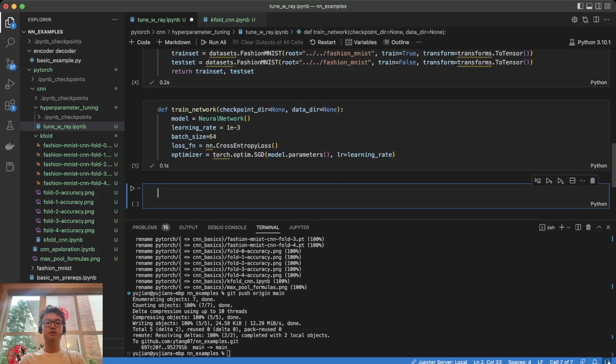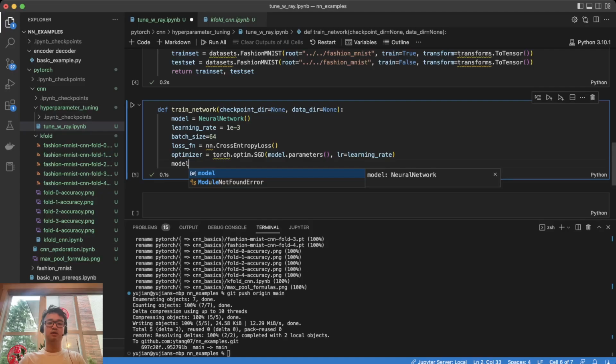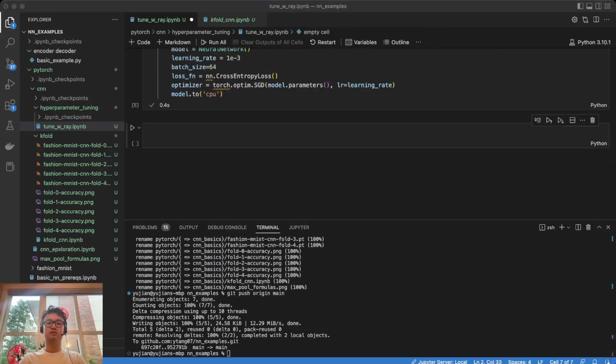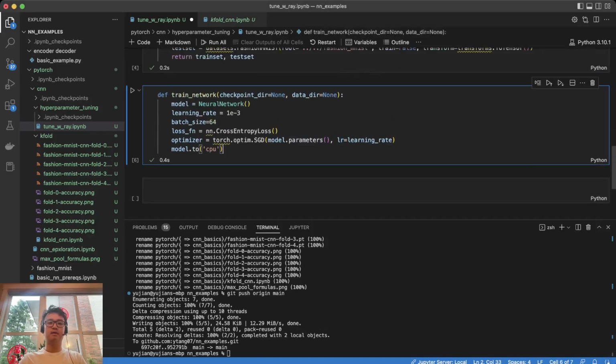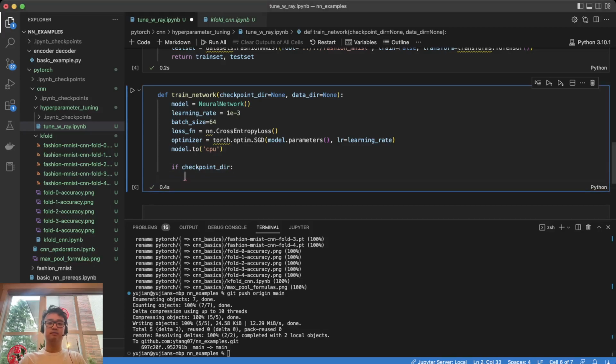Cool. Now, model.toDevice. ToDevice, is that right? To CPU. Oops. Yeah. Now, if checkpointer, this means that we've already created a checkpoint for our model. We should do model state, optimizer state equals